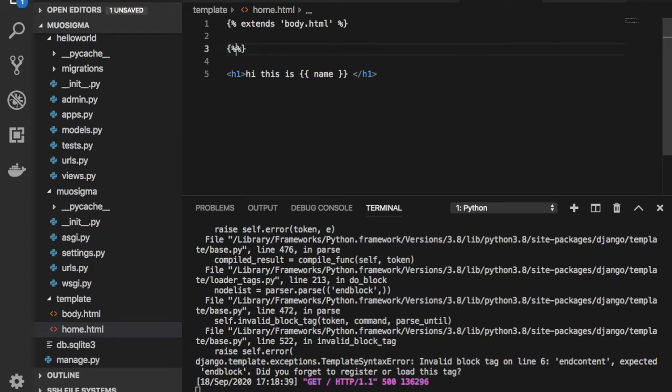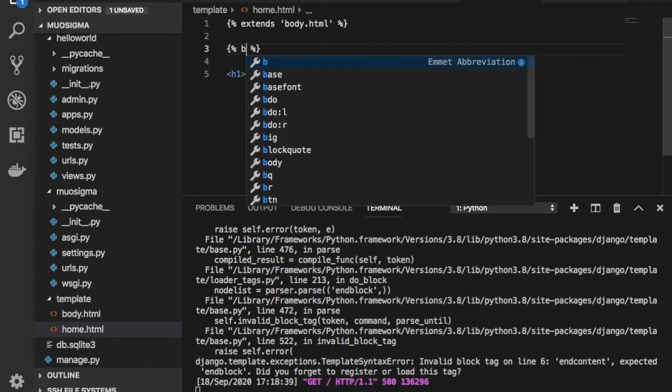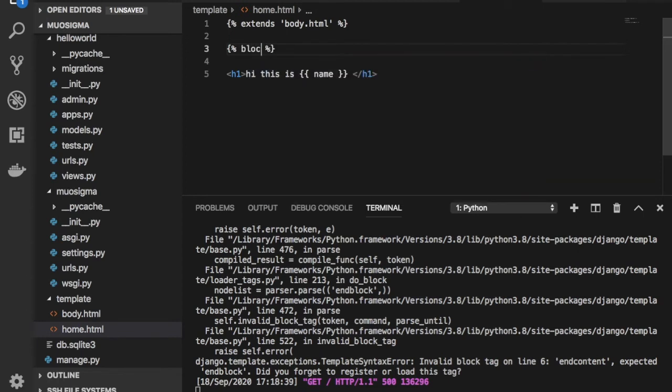Like the same, you can see here, we can have the block content, and we can put our HTML code here inside this, and end block like this. Just by typing this command only, you can use your body.html file also.